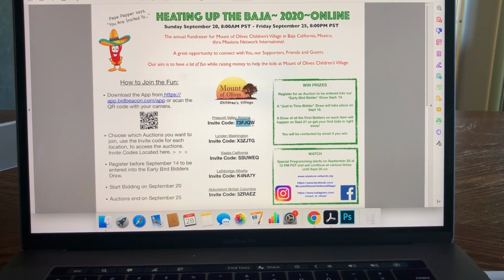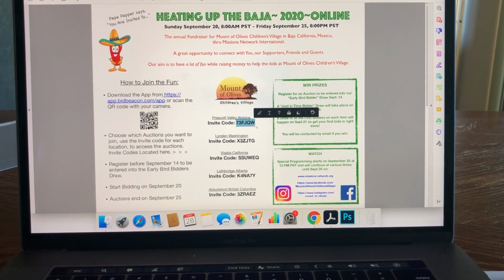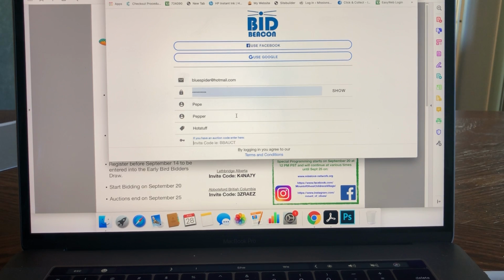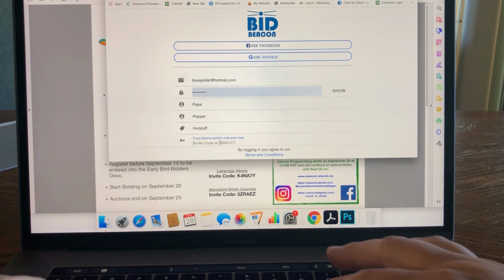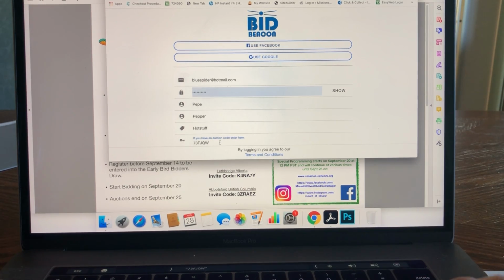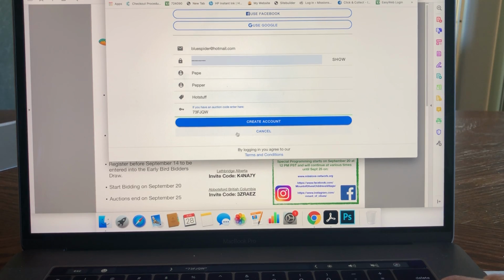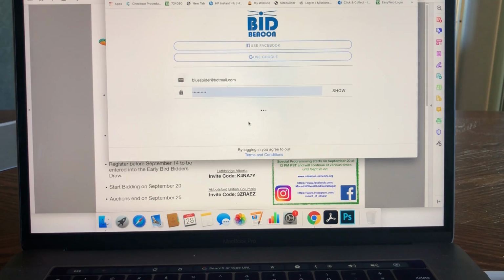73FJQW. So we're just going to highlight it, go Command Copy or Copy, and then we're going to go back over to the website, and we're going to paste that code in the bottom here. One thing that you can do once you've created your account and joined one auction,